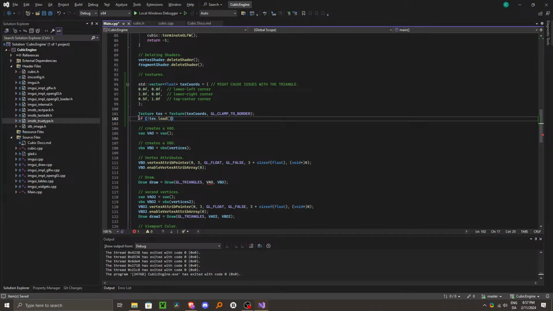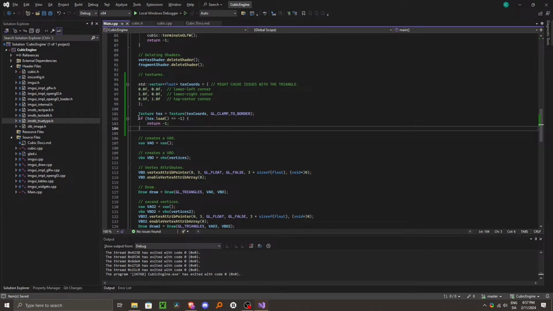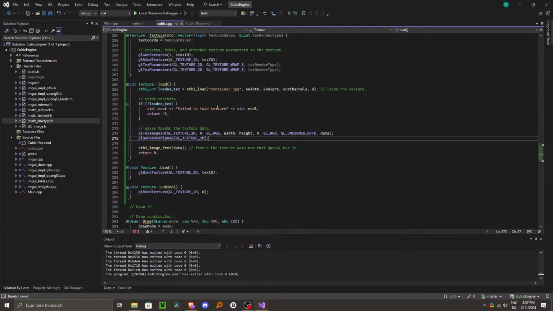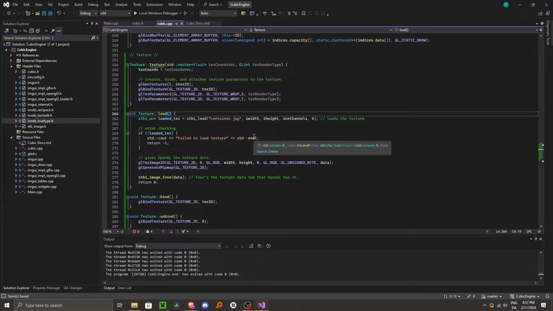If text load is equal to -1, then go return -1, call it a day. That way we ensure that the texture at least loaded. Oh wait, whether we specified the name of it. So load, we want to, what does this require? It requires a